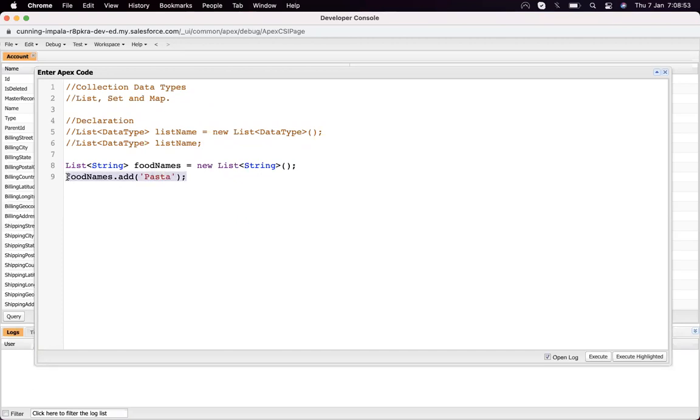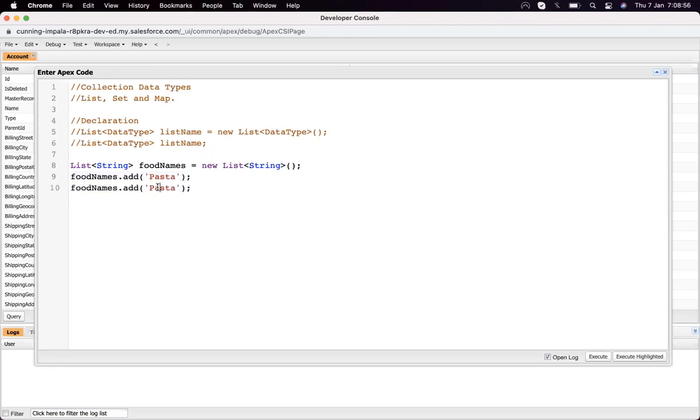And suppose I also add some other element. In this way we are adding elements to the list: just use the list name and then add, and put the element inside. It gets added into the list.